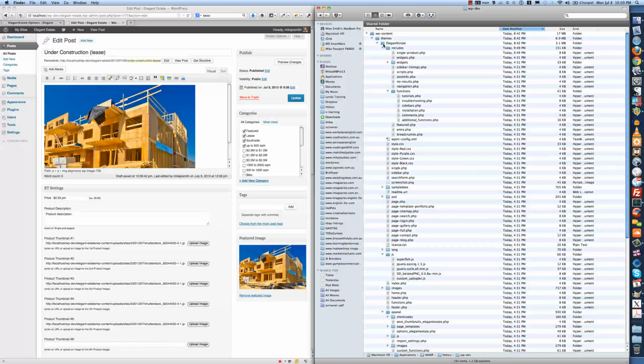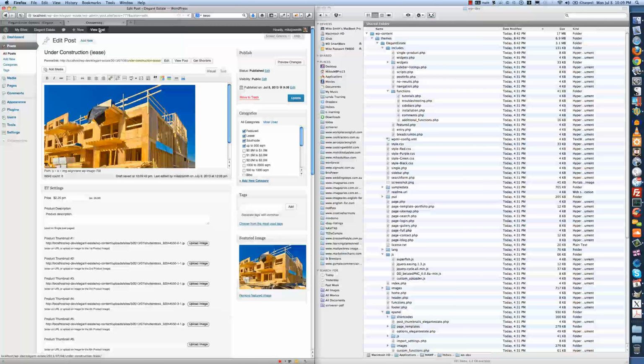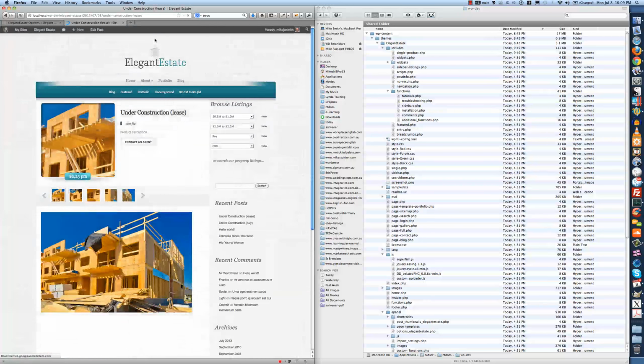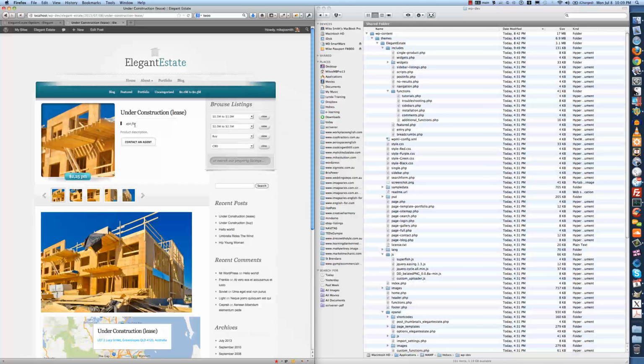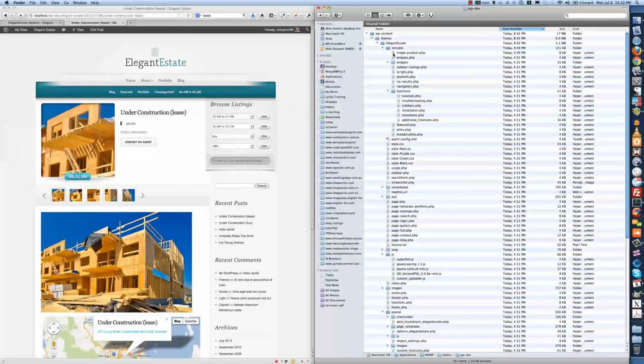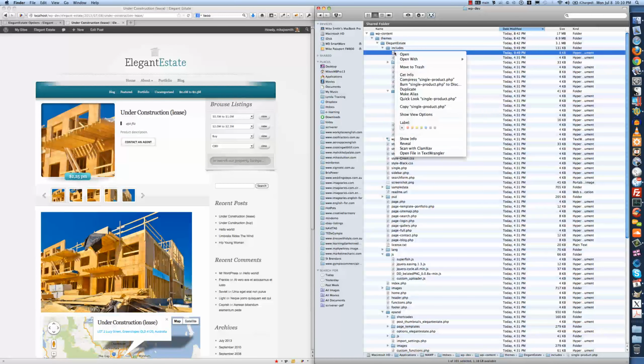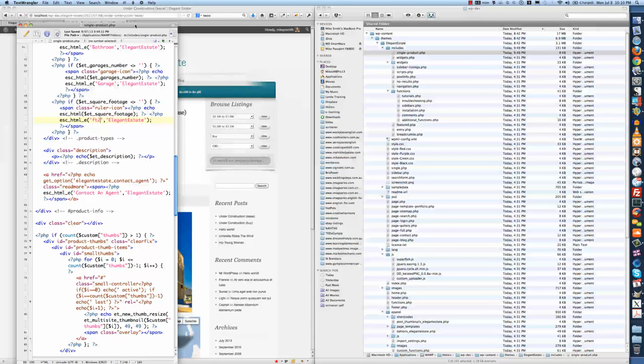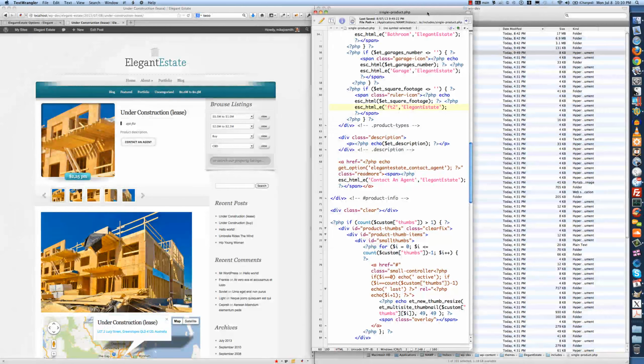Now, in order for me to change this square feet here to square meter, I need to find where that is actually added to the number, because it's not part of the number that I've entered, it's actually added to the number, part of the theme. It turns out that it's actually in this file here, singleproduct.php, and if I bring that up in a text editor,